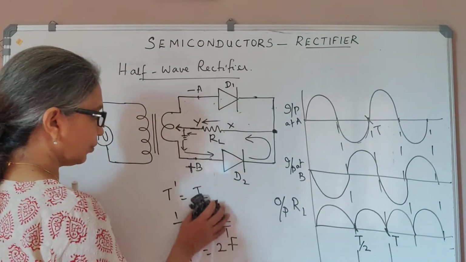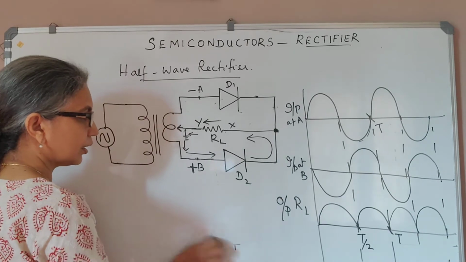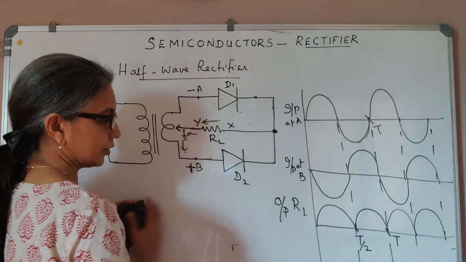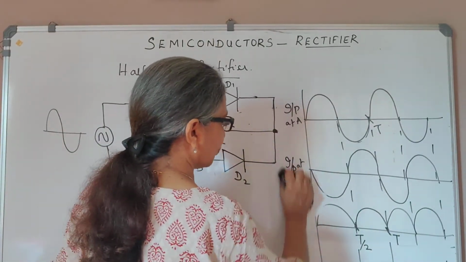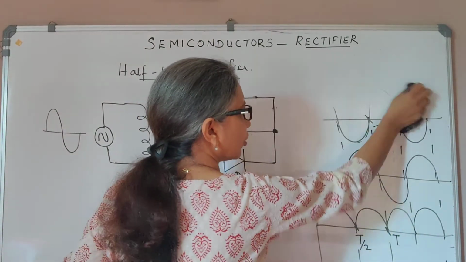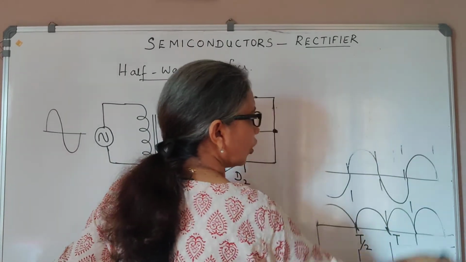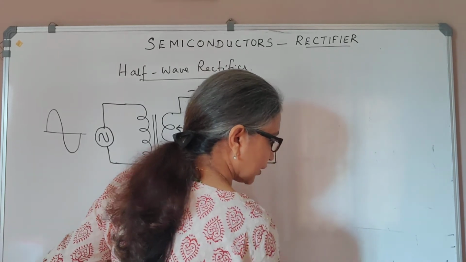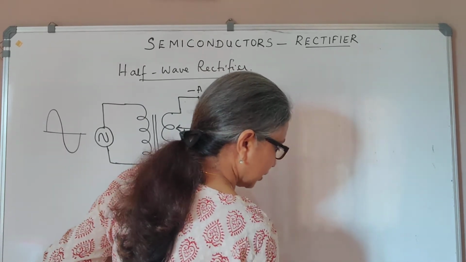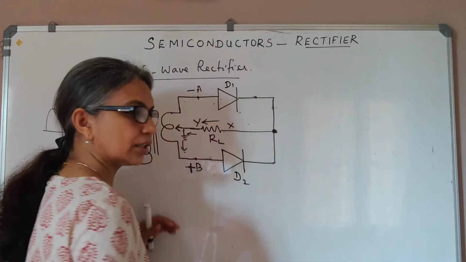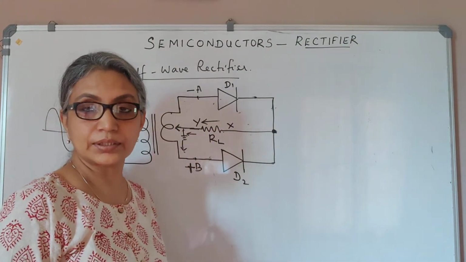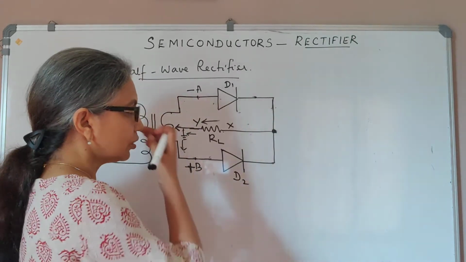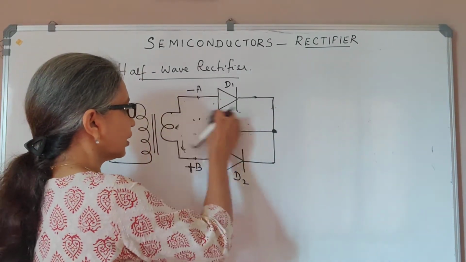Now we have one problem here. The problem is that we have ripples, or we have a pulsating output, which is not good for all practical purposes or practical applications. We need a DC that is a pure DC, not a pulsating DC. That is a constant DC. It can't keep increasing its value and decreasing its value, because pulsating DCs are not useful for us in practical applications. So what we do here is we connect a capacitor.